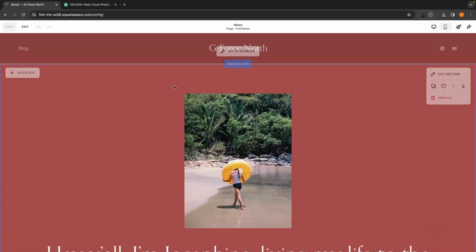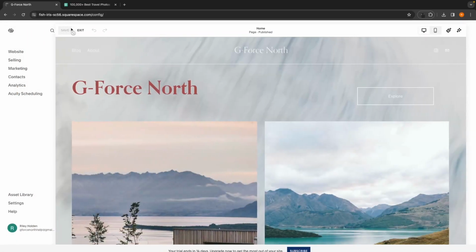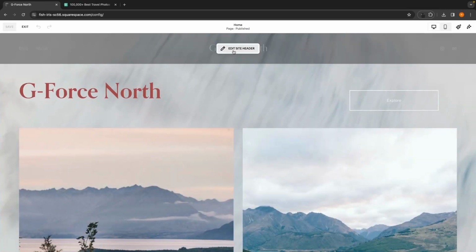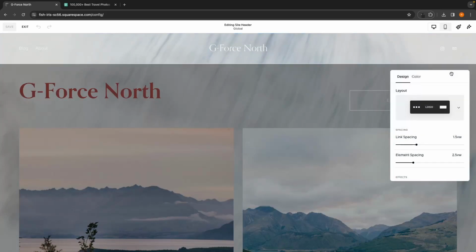So it's actually very easy. Let's go back to the home page, just like we were before. Okay, so this is very easy. All we have to do is hover over the header and then click on edit site header right here. And then once again, just like before, we can go into edit design over on this right hand side,